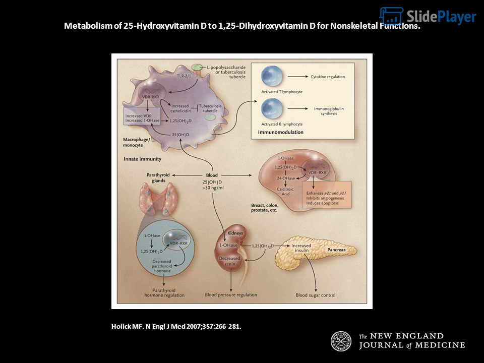Figure 2. Metabolism of 25-hydroxyvitamin D to 1,25-dihydroxyvitamin D for non-skeletal functions. When a macrophage or monocyte is stimulated through its toll-like receptor 2/1, TLR2/1, by an infectious agent such as Mycobacterium